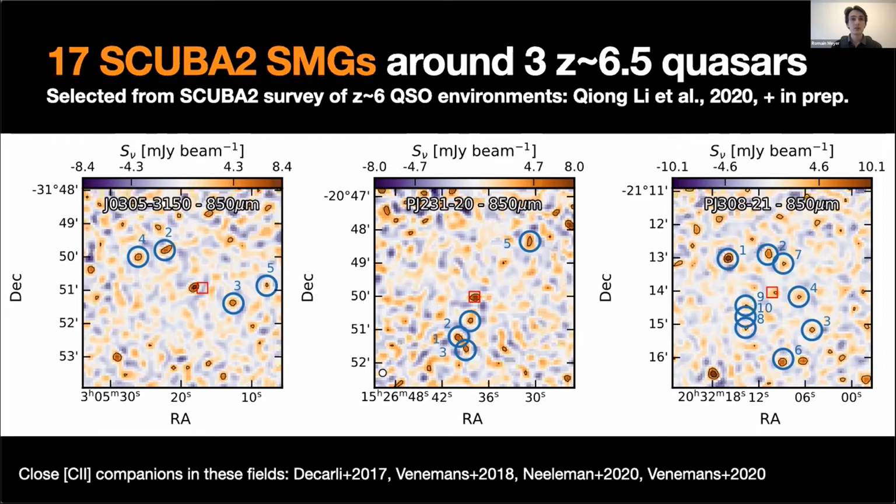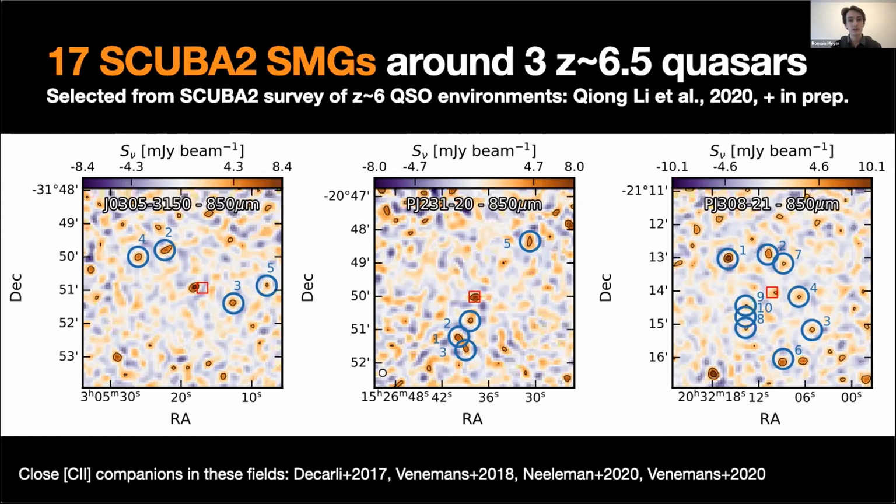And you can see that we have these 4 sigma detections that are circled in blue, and you have 4 to even like 10 in one of the fields. And compared to the depth of this survey, this is a lot of SMGs. And these quasars were well known already because in the team at MPIA, we published a series of papers where